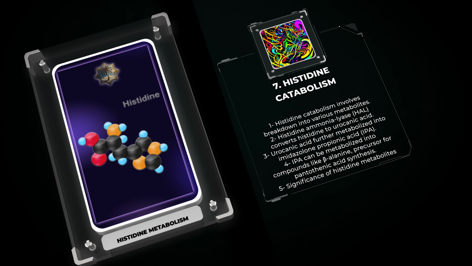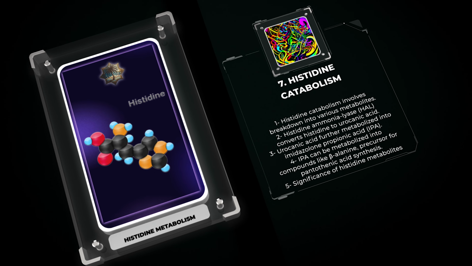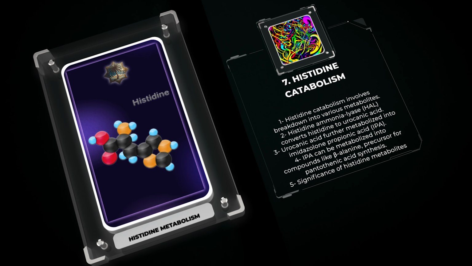IPA can be further metabolized into several compounds, including beta-alanine, which serves as a precursor for the synthesis of pantothenic acid, a vital component of coenzyme A. Understanding the catabolic pathways of histidine aids in discovering the potential roles of its metabolites and their significance in various